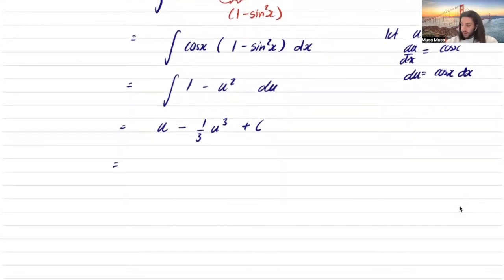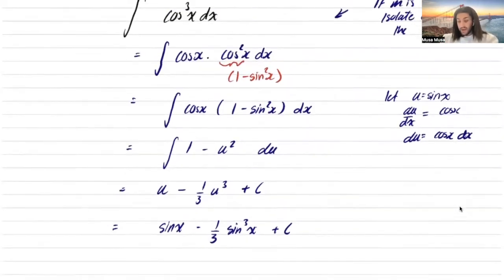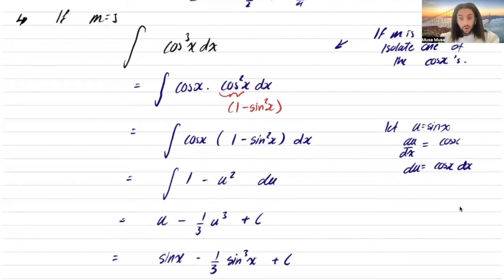And then we just go back to our original. So we say this is sine x minus a third of sine cubed x plus c. Okay. So particularly if m is odd, other than cos x being to the power of 1, that's sort of easy. But for m being an odd number, always isolate one of the cosines and rearrange whatever's left such that it is